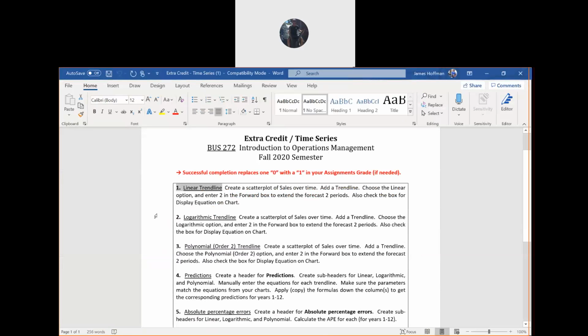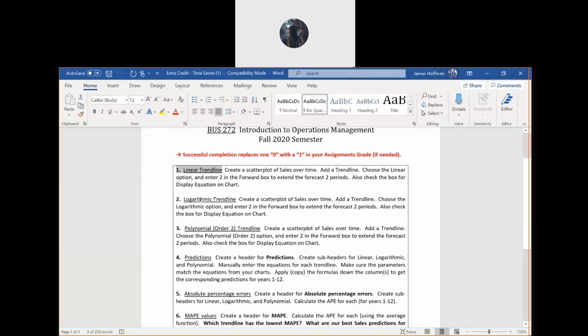Okay, so we're gonna try 3 this time. We're gonna do a linear, we're going to do a logarithmic, like a natural log, and then we're going to do a polynomial. So even if the types of equations look a little different, the point is we're just trying to use different trendline options to see which one is the best fit. And so first, step 1 is let's just make a scatter plot, and let's make 2 copies of it. So we have 3 scatter plots, and then we'll do one with a linear, and one with the logarithmic, and the other one with the polynomial.